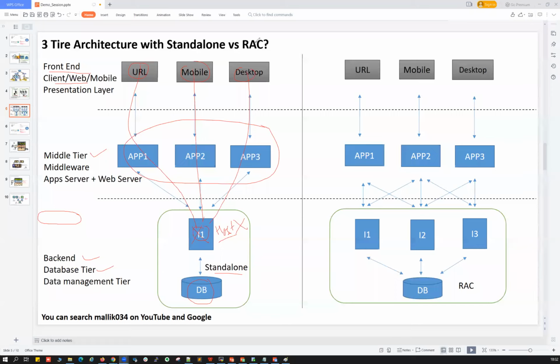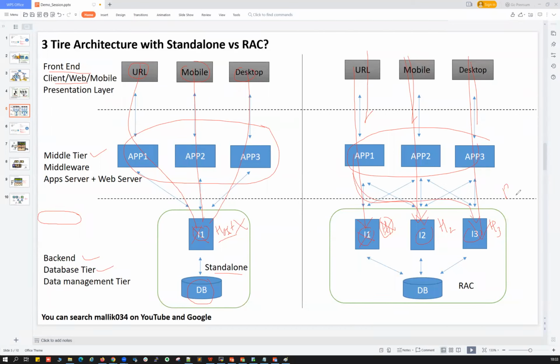But when it comes to RAC, an end user can connect from various devices and it goes to the application server. From the application server, we have Linux server 1, Linux server 2, Linux server 3, where you are running instance 1, instance 2, instance 3, multiple instances. This end user is connected to instance 1, this one to instance 2, this one to instance 3. If this host goes down, or this instance goes down, the connected user automatically fails over or switches over to any of the existing nodes here.